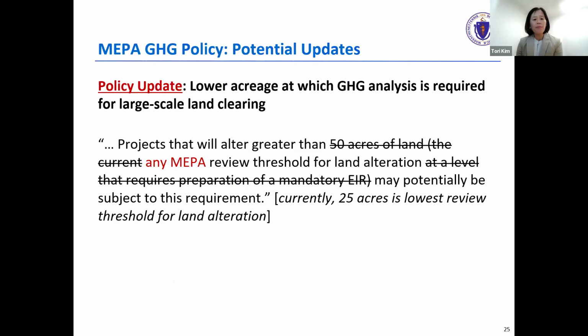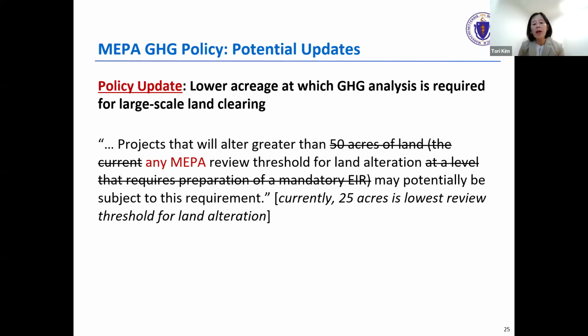Next slide. So the change that's proposed is just a change to policy, and in line with what was stated earlier about the climate chief's recommendations. This would just lower the acreage at which projects that are already required to undergo review would be asked to provide an analysis of their carbon impacts from land alteration. And as the language states here, it's a potentially be subject, so would not be an automatic requirement.